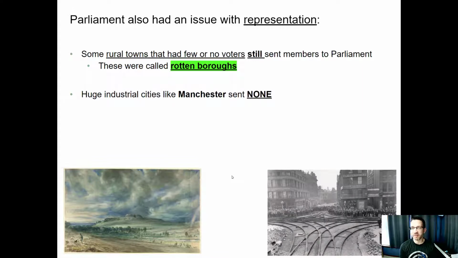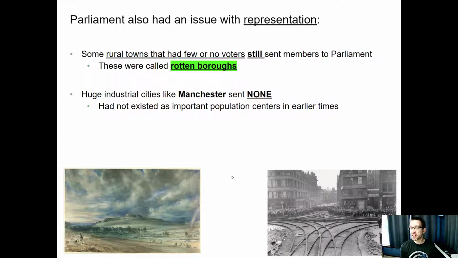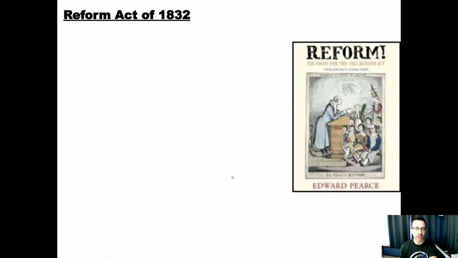So you might be representing 20 people. And then there were huge industrial cities like Manchester that sent none. There are tens or hundreds of thousands of people working there, and they didn't send representation. That just didn't seem right. And you kind of see that today in a way. We have very populous states that send two senators, and some states like Wyoming have very few people, and they still send two senators. This is an extreme case, but some people see some correlation to even our Senate, for example.